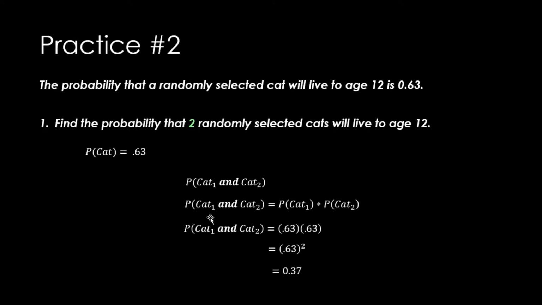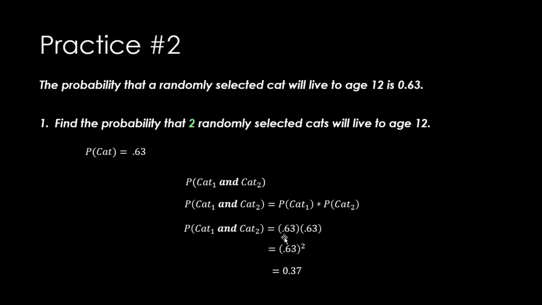So probability of cat 1 and cat 2 is equal to the probability of cat 1 times probability of cat 2. This tells us that the probability of both cats living past age 12 can be found by simply multiplying the probability that cat 1 lives, probability of cat 1, by the probability that cat 2 lives, probability of cat 2. Since cat 1 and cat 2 are both random cats, we know that each of these probabilities is the